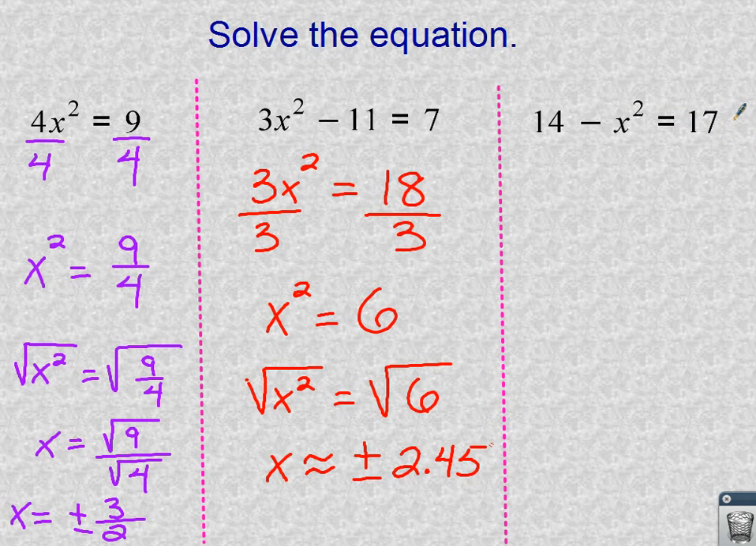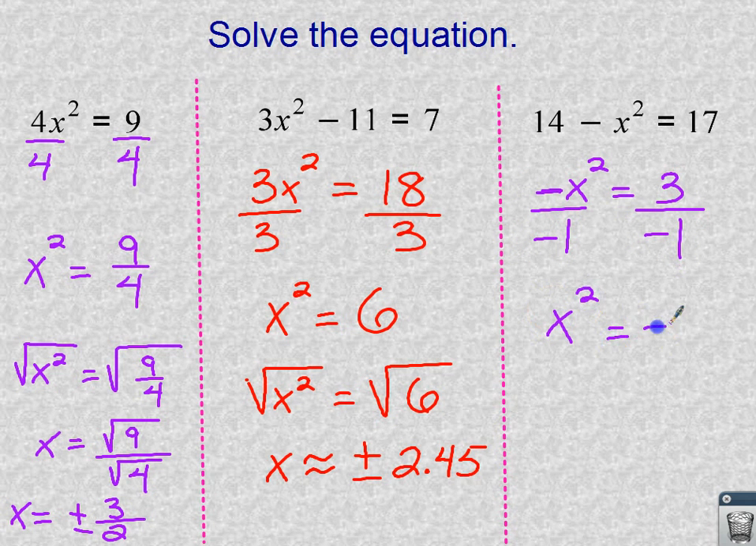All right, next one. Subtract 14 from both sides. We have negative x squared equaling, we take this 14 over, 17 subtracted by 14 is 3. We divide both sides by the coefficient of -1. We got to have this x squared be positive, so divide both sides by a -1, and we have x